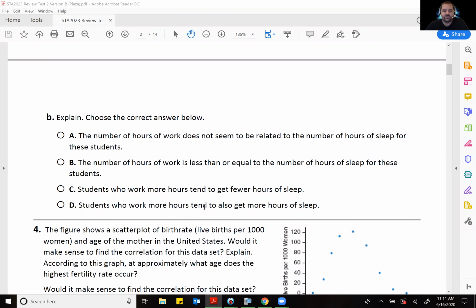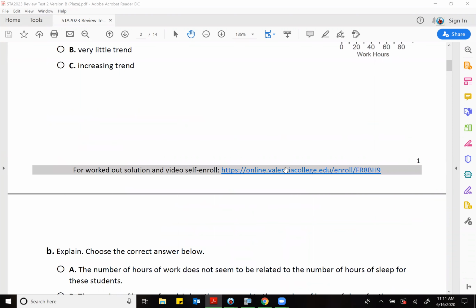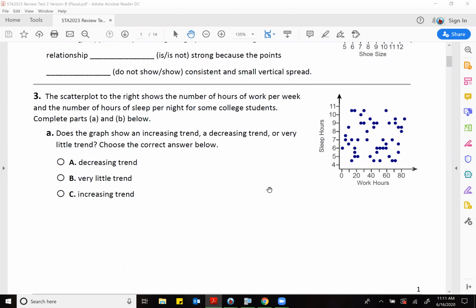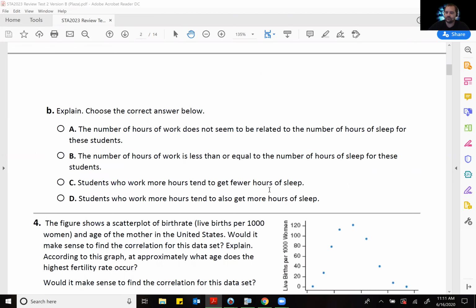So we said it shows very little trend. Which one of these is the explanation for that very little trend? I'd say A. Yeah, absolutely. That's what I would go with because it's not showing a relationship; those dots are not showing a pattern. It's just like, let's make dots on a graph and call this, this, and this. So I like it. So we would select A,